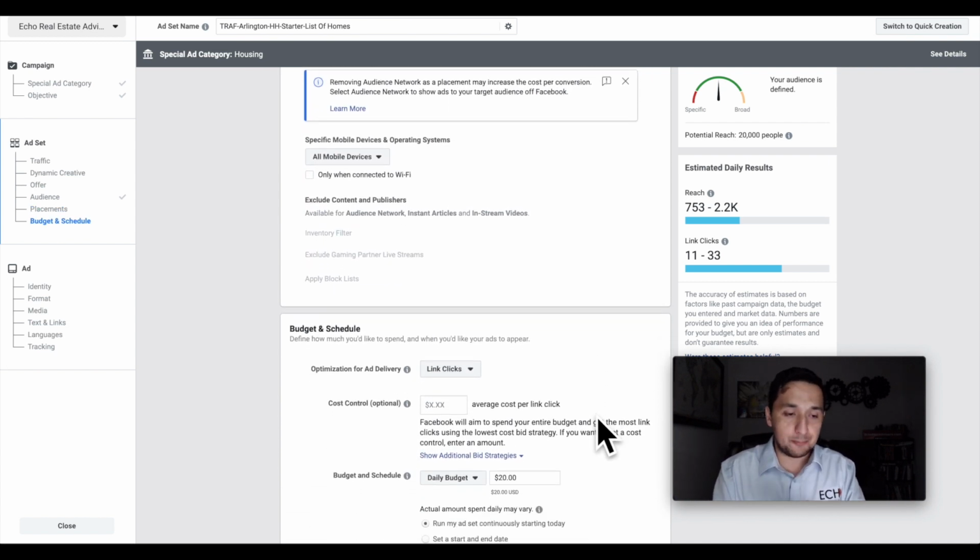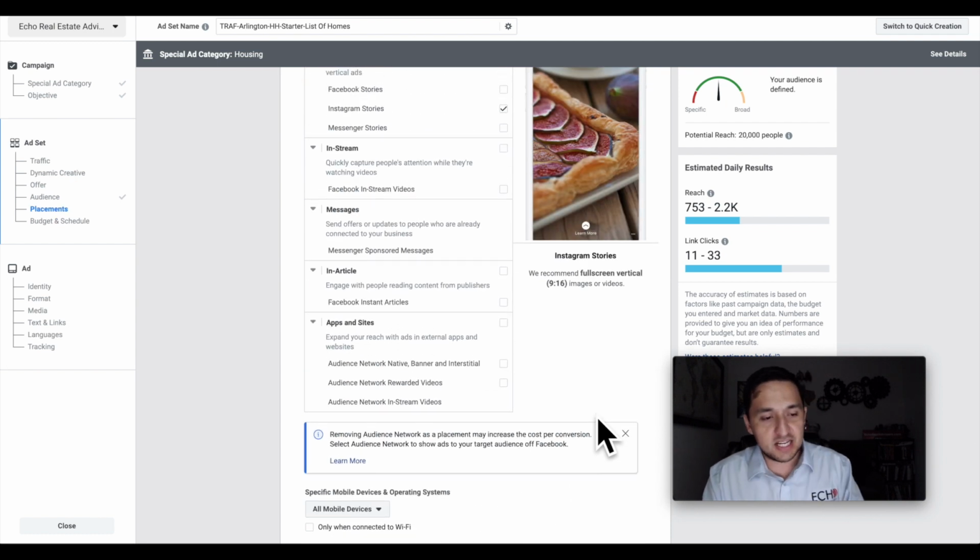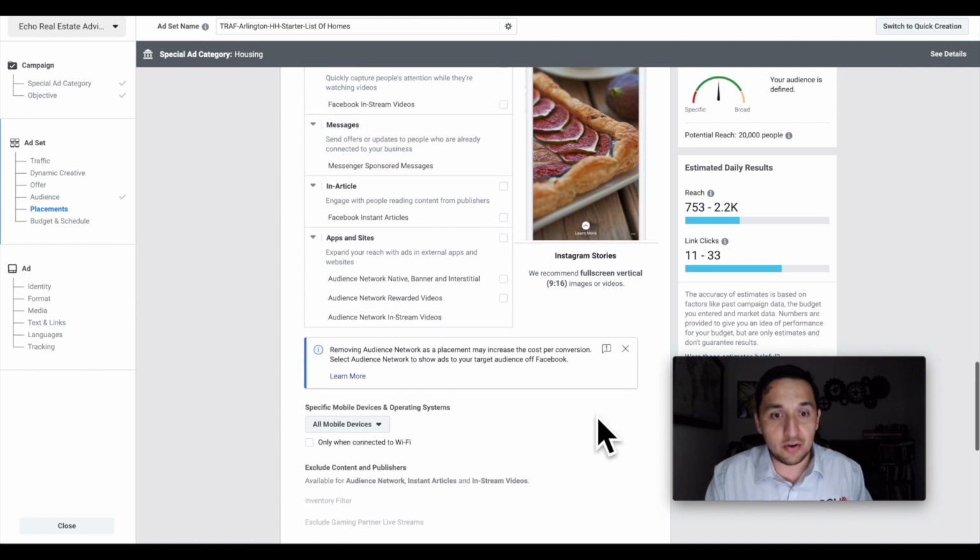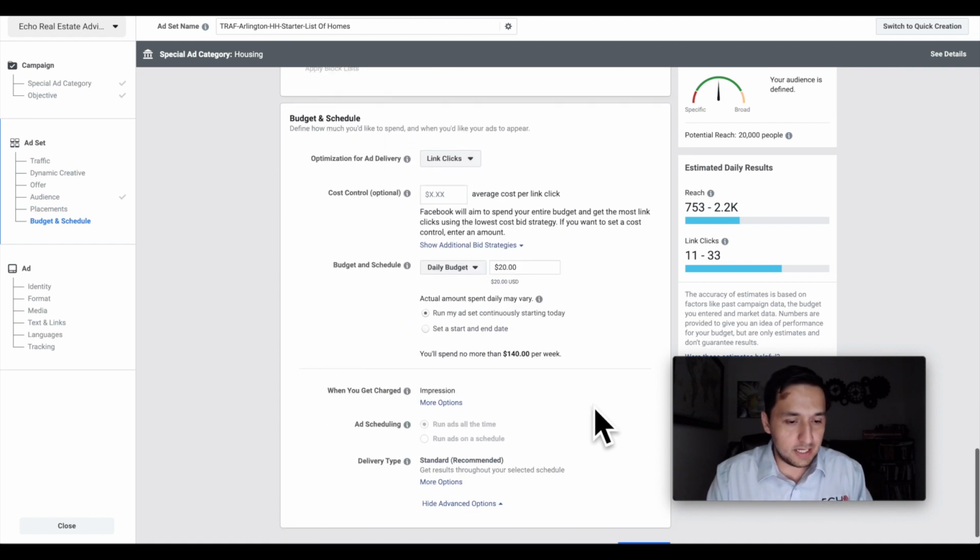That's why I suggest that if you're running an Instagram ad, don't include Facebook, don't include other platforms that they suggest or show you to use. Go ahead and select something specifically for the platform that you're using, because the dimensions vary and they're different. All right, and we're gonna go with $20 is good.